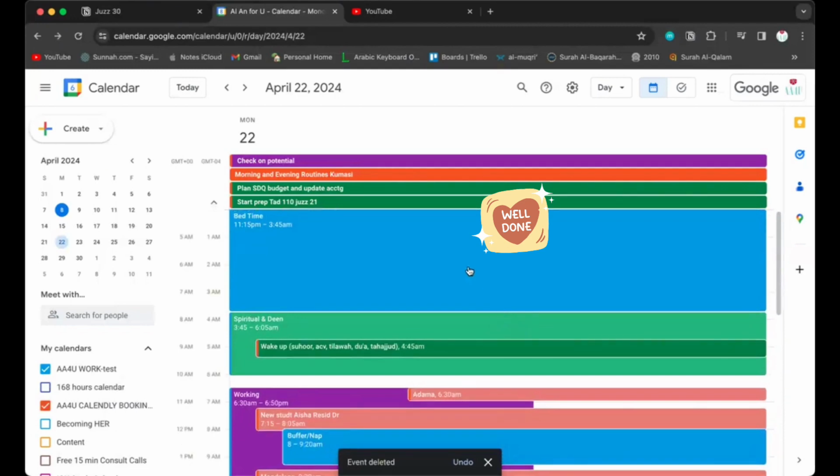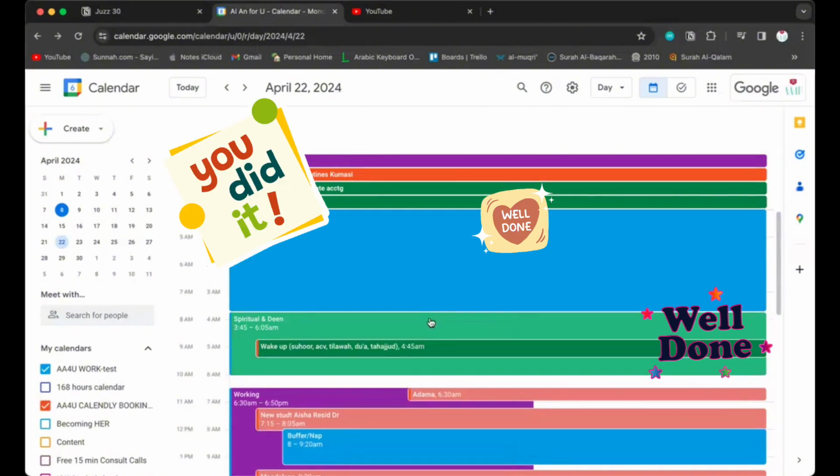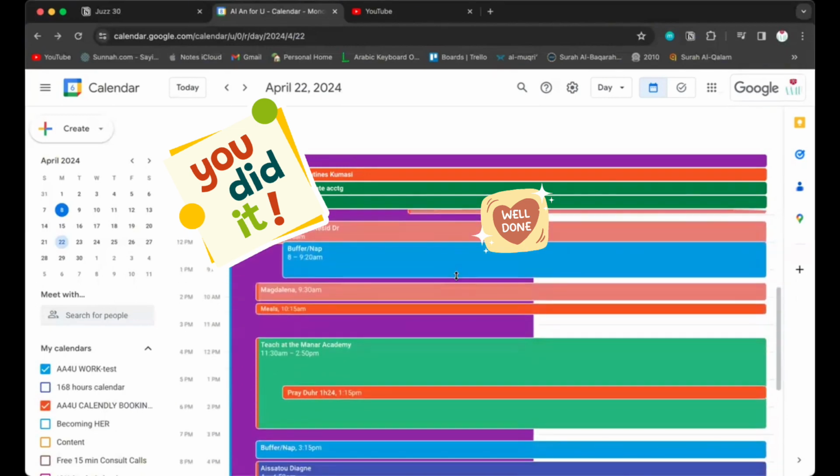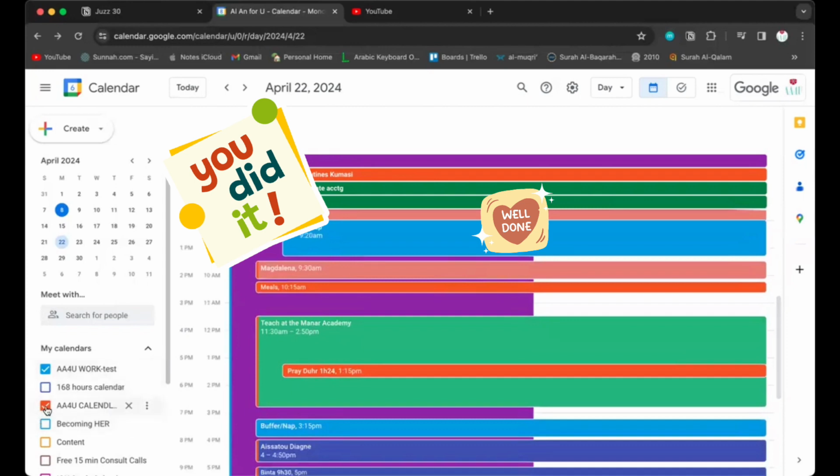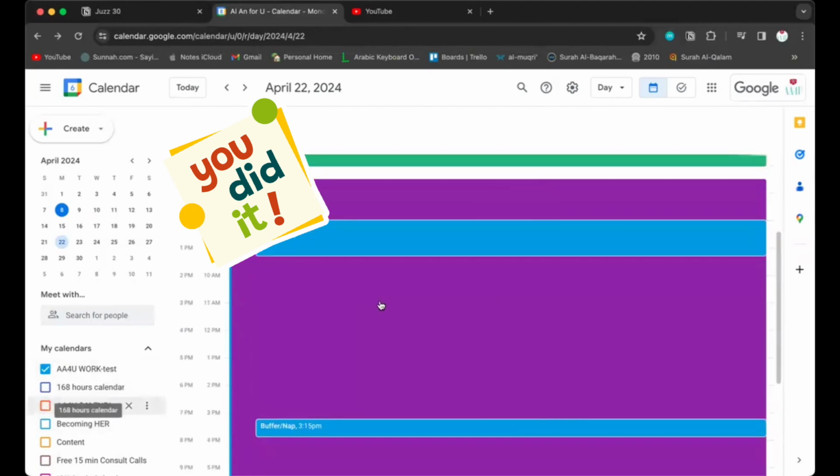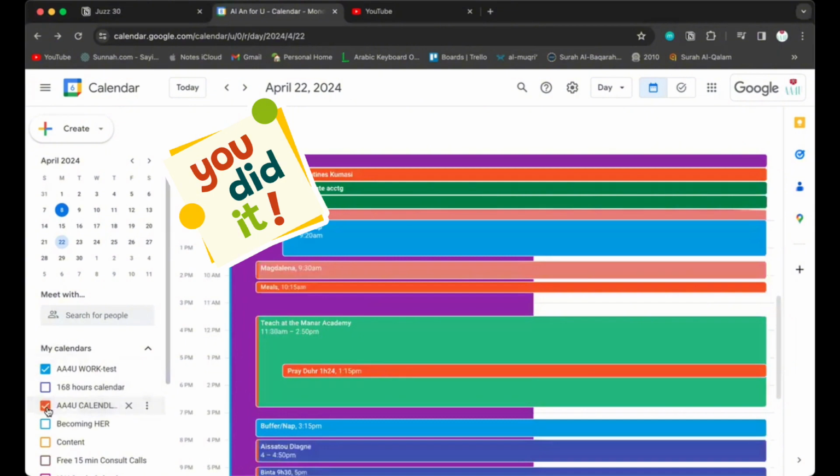Even when I wake up here, I have wake up at 4:45, but now we're going into the time where I need to wake up earlier. So yeah, I'm really happy with this. So this is the ideal, and this is with the actual.